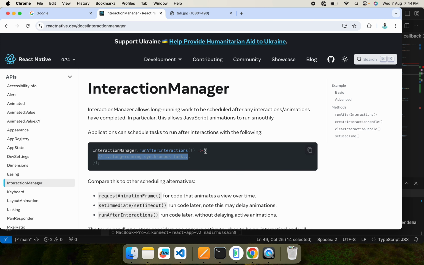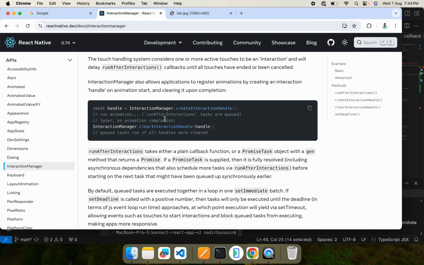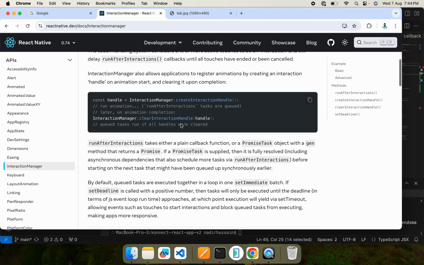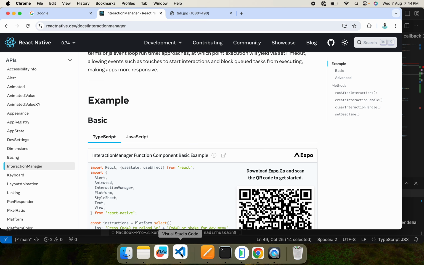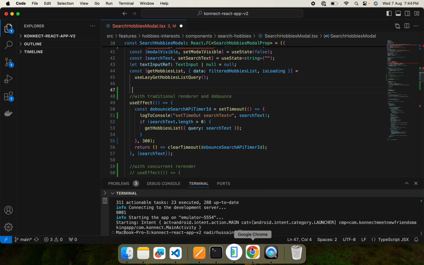Although InteractionManager has other functions as well, we will check its detail in a separate video on the InteractionManager, and we will cover the animation scenario as well. For now, you should remember that in this navigation scenario, when you navigate from one screen to another, usually when you click on a list item and go to its detail screen and have to load some data, you can avoid disruption with InteractionManager. Okay, the next thing is